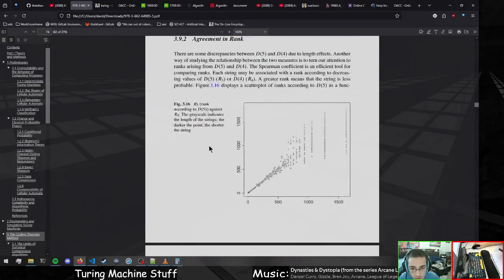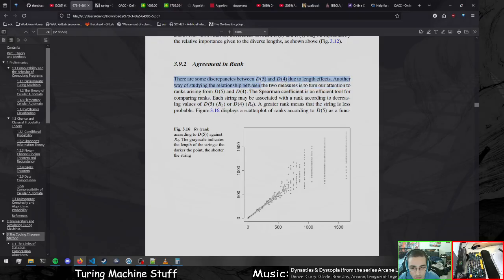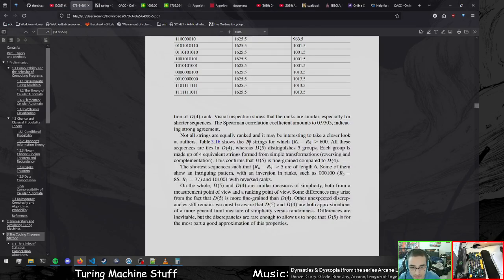What is this? I don't even know what this is. I don't know what rank means, but